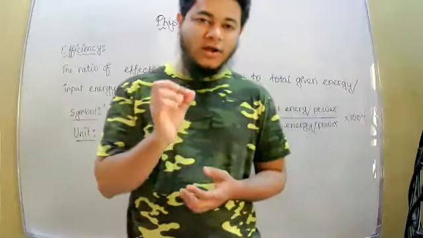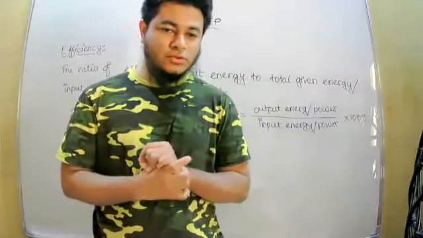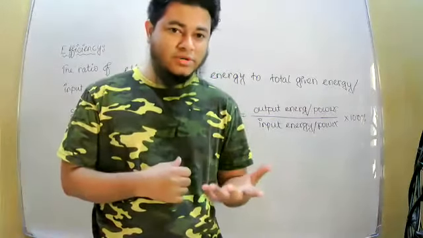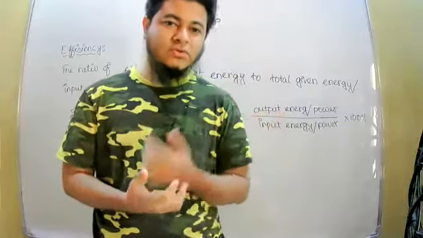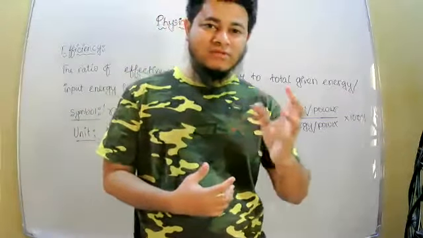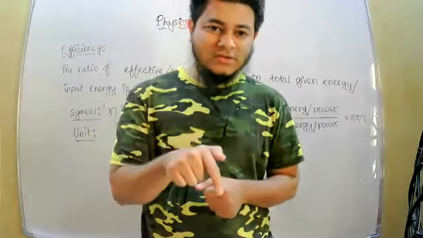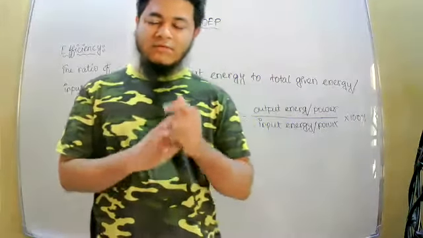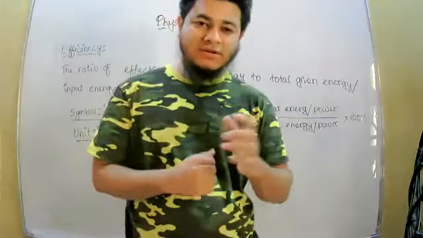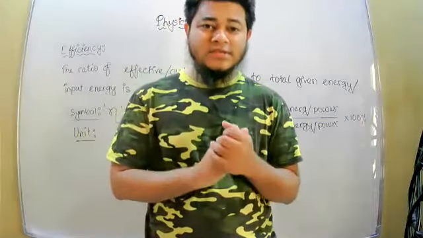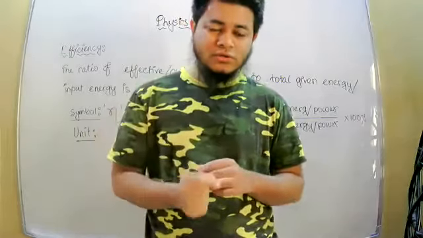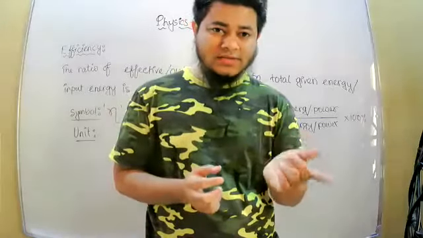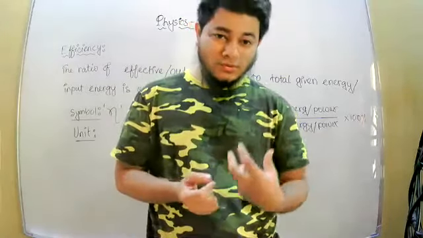So let us say out of 100 joule, you got back 70 joule. So what is the percentage of the energy that you got back? It is 70%. Out of 100, you got 70. So you can say that you have got 70% of the energy back from the machine, right? So the efficiency of the machine is 70%. So if I tell you that the efficiency of the machine is 70%, then what can you say? You can say that, sir, if you give 100 joule energy input, you will get 70 joule. If you give 200 joule energy as input, you will get 70 into 2, 140 joule as